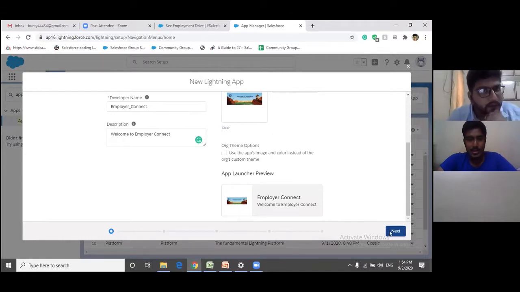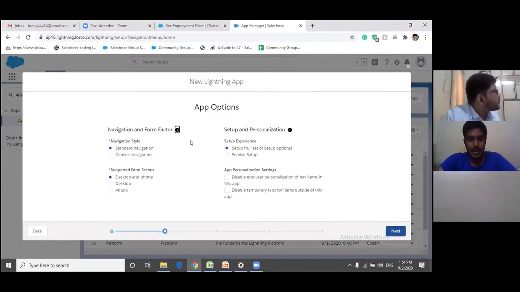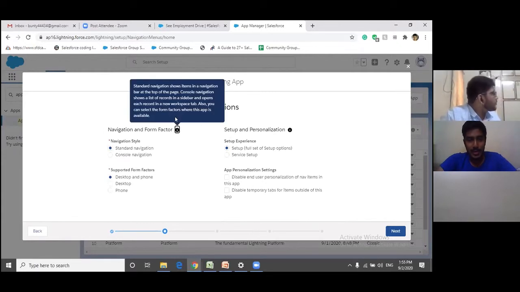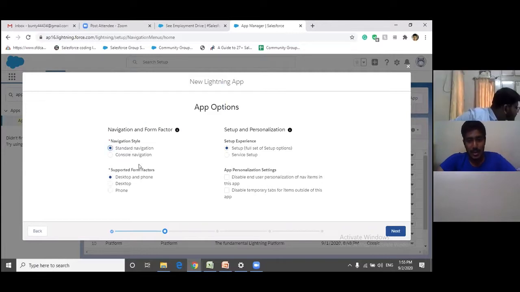Clicking next. Here it is asking for navigation and form factors. There are two types of navigation in any application: one is standard and another is console. Most people use the standard navigation. Also, this application is for desktop or phone. I think we go for both desktop as well as phone, so we can use this application in both interfaces.